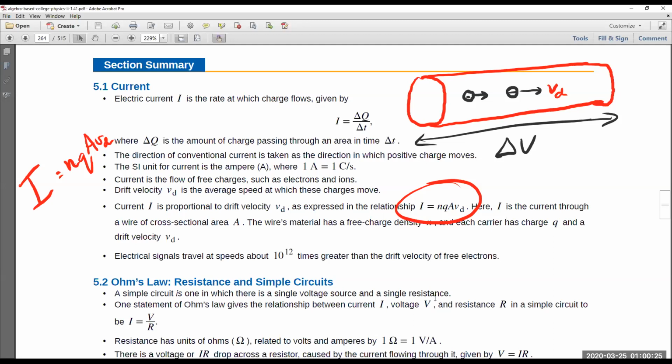A is the surface, the cross-sectional area. So the cross-sectional area, this is A. And v_D is the drift speed or the drift velocity of the charge. So you should be able to calculate current if you're given these parameters, the charge density,